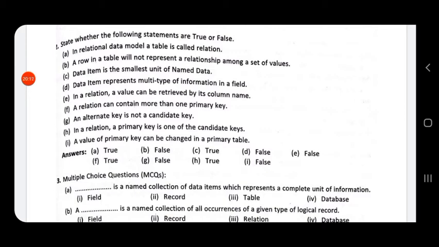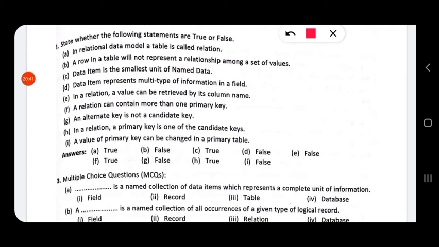Then data item is the smallest unit of data in a table, so it is true. Then in a relation, a data item represents multiple types of information in a field. No, a data item will have the same data type.